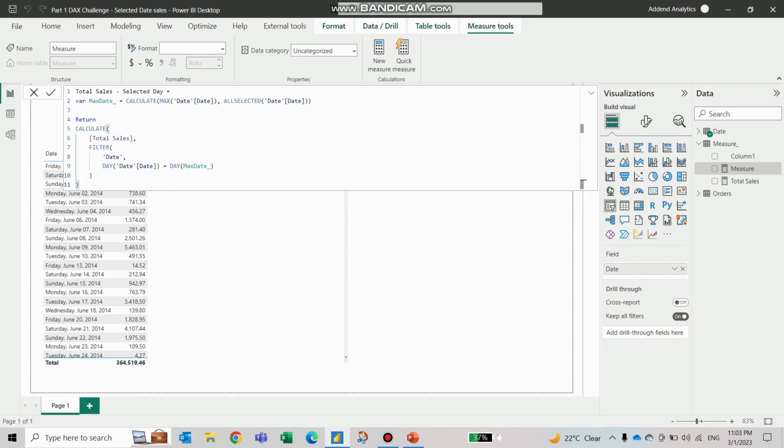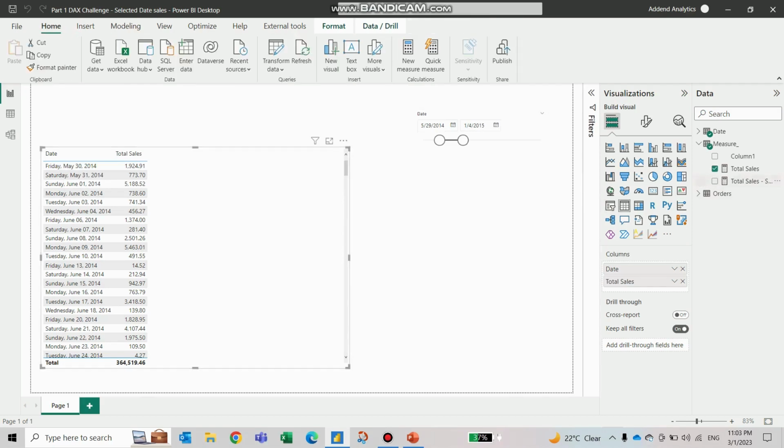Here we are calculating the total sales for all the dates which are equal to the maximum date, and maximum date means the day of the maximum date. So if I select 15th of January, then for each month it will show only the 15th day of data. So I'll just hit OK,